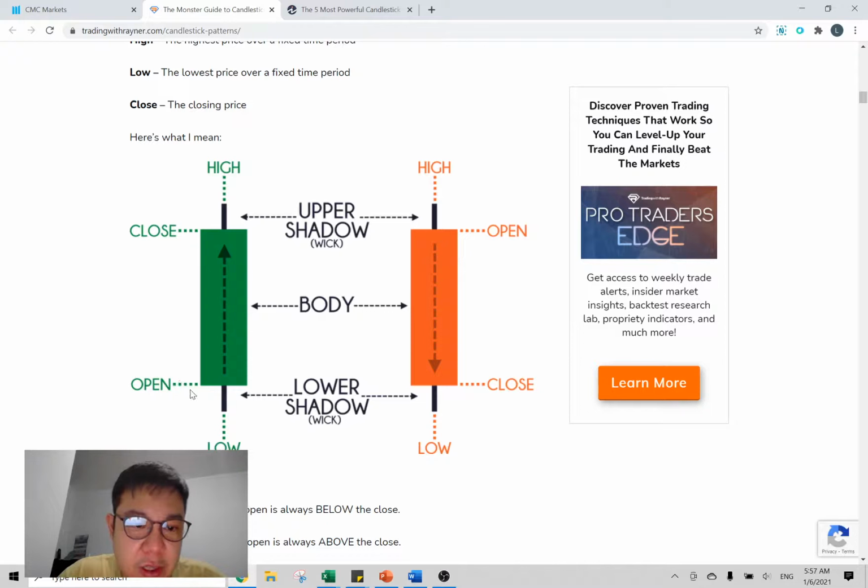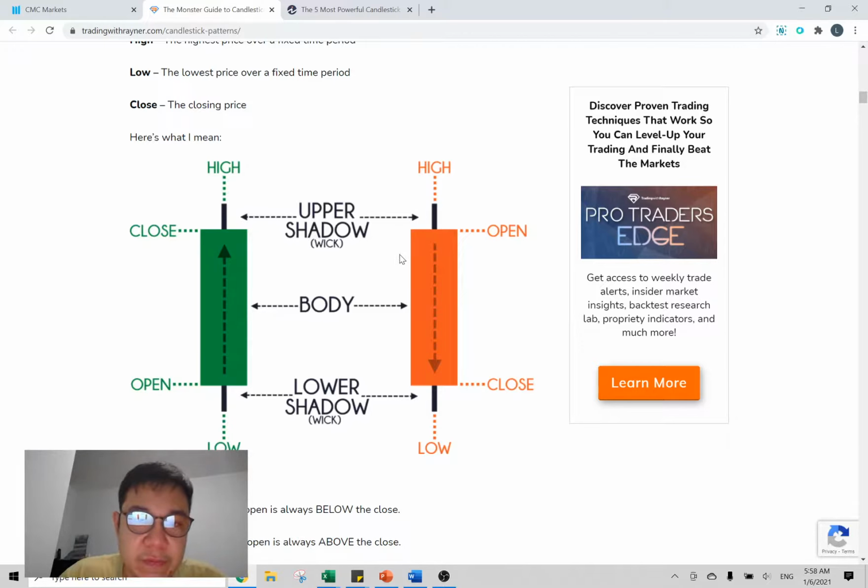Okay, I repeat now. You open this pricing for the day, it started the day with maybe $1, and then dropped to maybe 90 cents, and then went all the way up to $2.10. But then it didn't close at $2.10, it closed at $2. So that's how you read candlesticks. Very simple. So that's for the green bar candlestick.